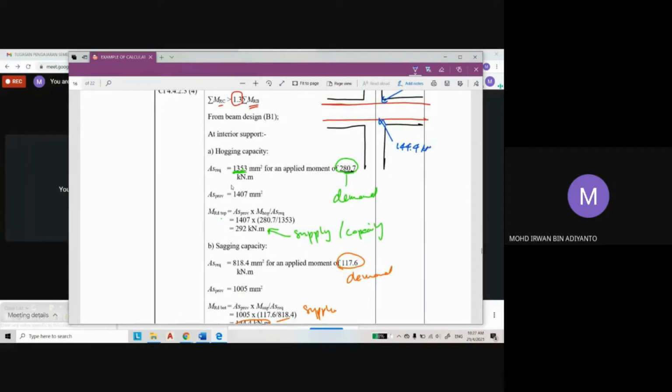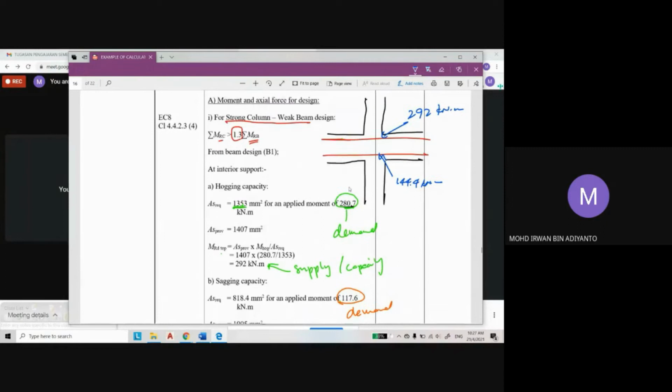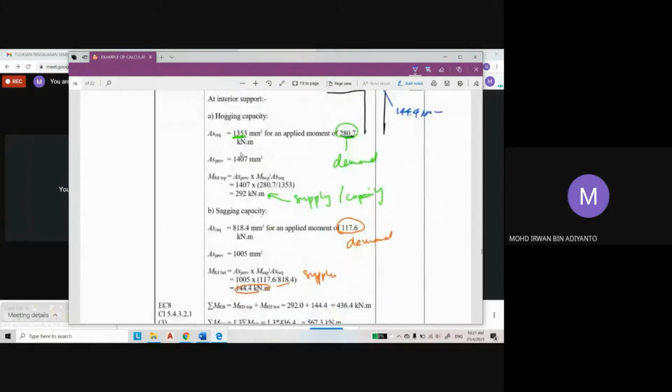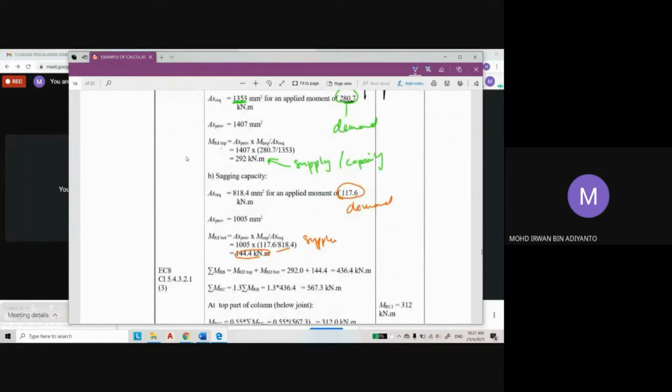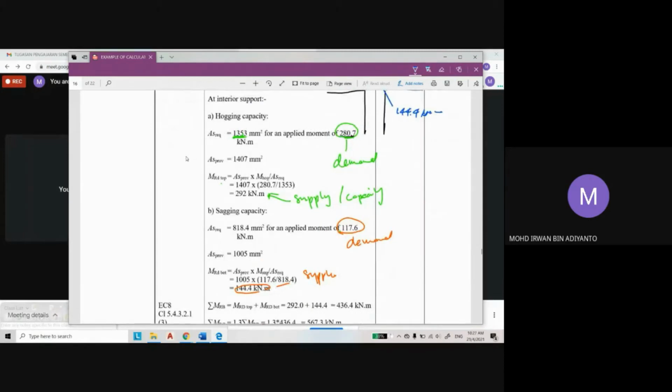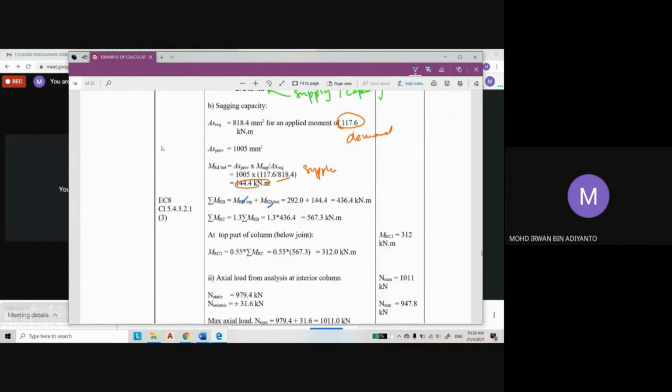144.4 kilonewton meter. So the capacity of the beam is the summation of the top and the bottom. You just add 272 plus 144.4, you get the capacity of the beam, and then you multiply by 1.3 to get the required demand. Okay, the bending moment, this is the demand